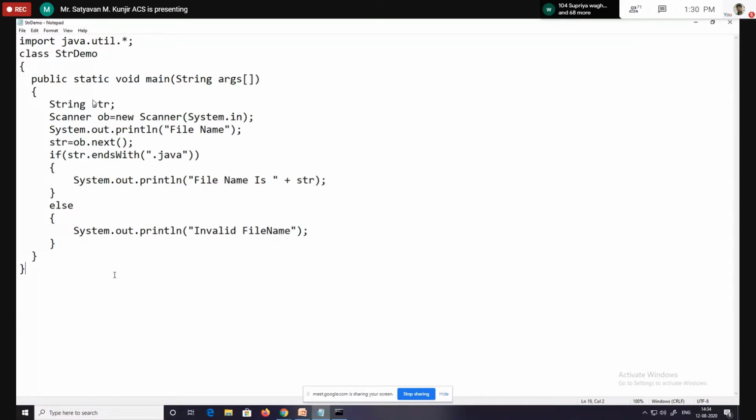All the command line arguments are stored in args. And if you want the count or size of args, then we have to use its property. The name of the property is length.